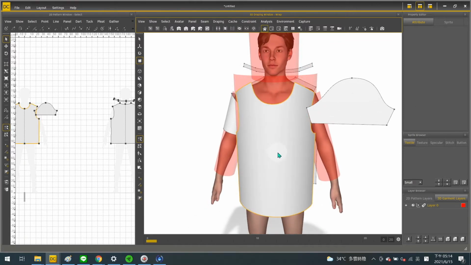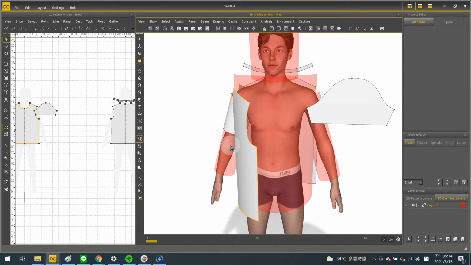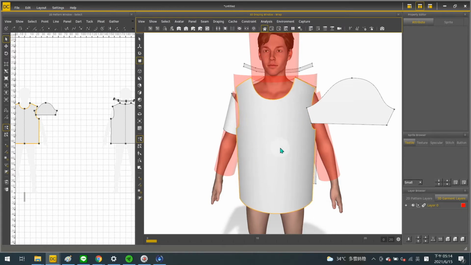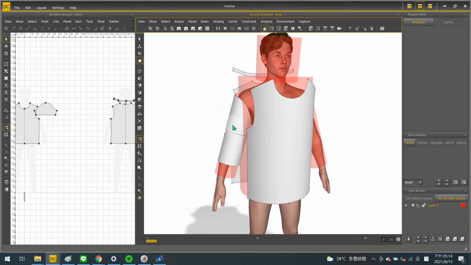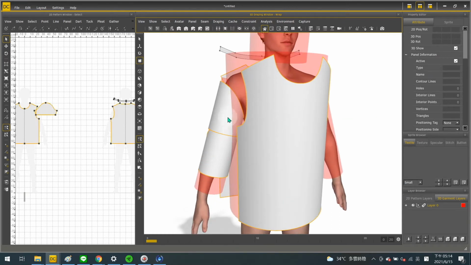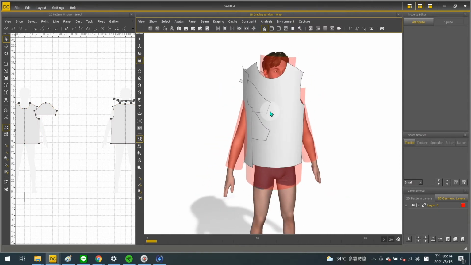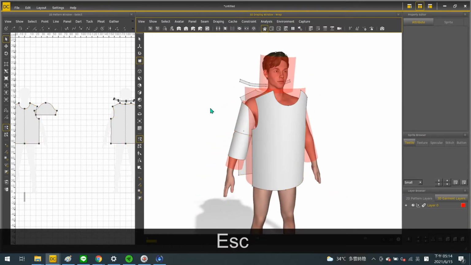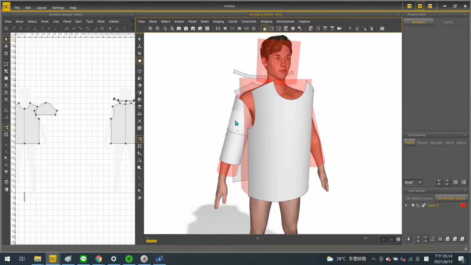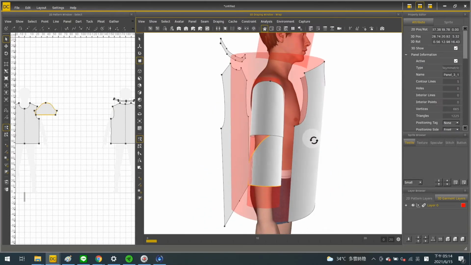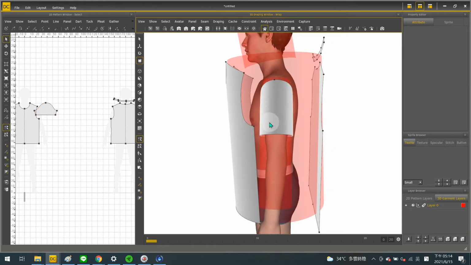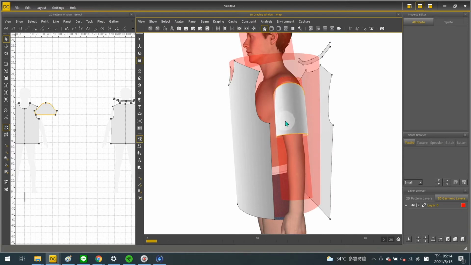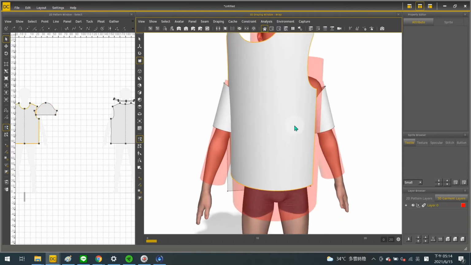If you want to change the position of the panel, you can press the left click of your mouse and don't let go. You will find it's easy to move it on the cylinder surface. Sometimes a panel is attached at the wrong position by misselection. My tip to fix it is to press the ESC key to cancel all the selection in case multiple panels are selected, and then reselect the panel and click the right cylinder it should be placed onto, and then move it a little bit to get it to the right position.